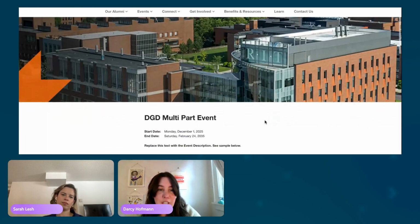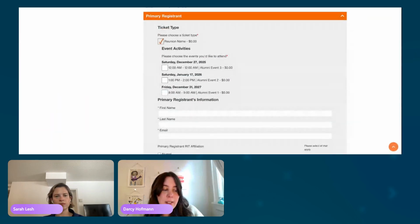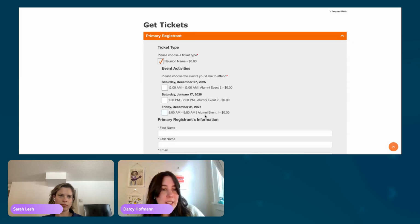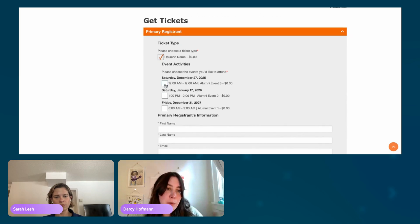So we can go into the first example that we have here, and that is on Rochester Institute of Technology, and we built templates for them for multi-part event, multi-day event, and standard events. So this is the multi-part event. What you can see here at the top is a checkbox system, so you can check your ticket type. If there were multiple ticket types, you could choose between those options there. And then for the primary registrant, you can pick which events within that event you would want to attend. So if you only wanted to attend 2, you could pick 2. If you wanted to attend all of them, you could pick all of them. And then when you add a guest,